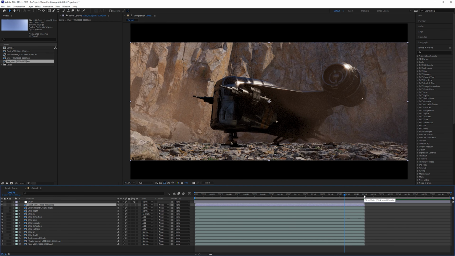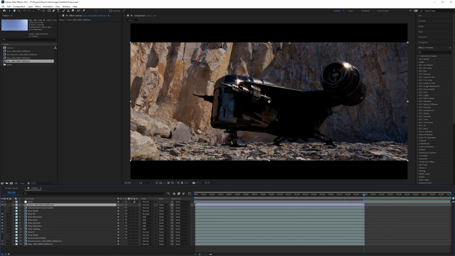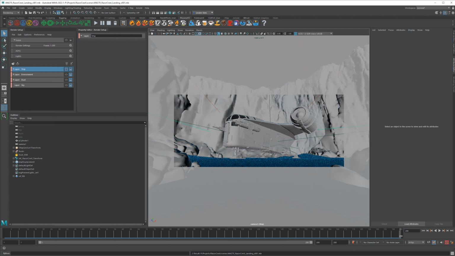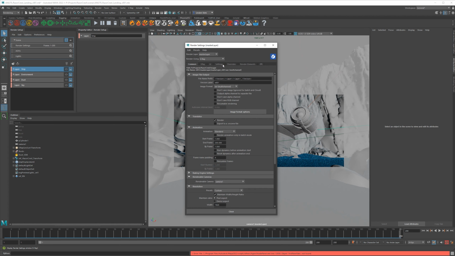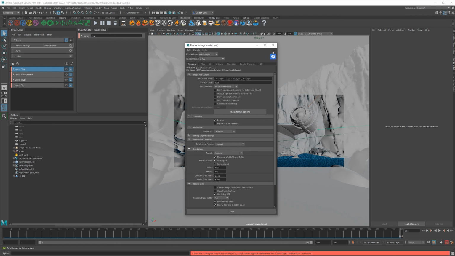One other thing I want to do just before we continue is make sure that everything matches what we had in Maya on our master scene. So I'm going to Maya, I'm going to select the master scene, go to render settings. I'm going to disable the animation.